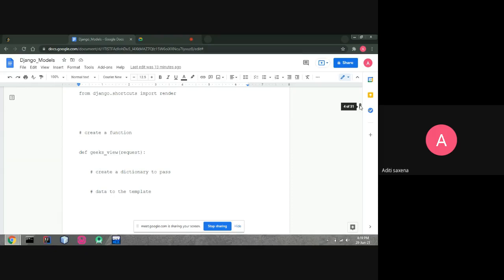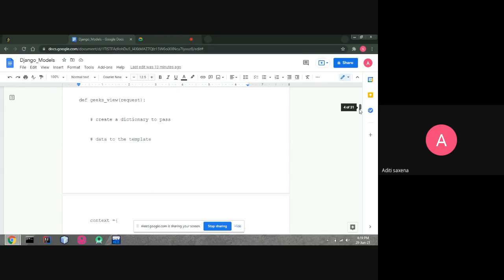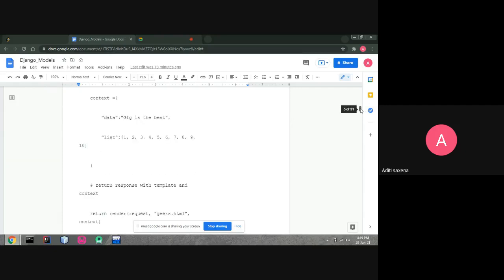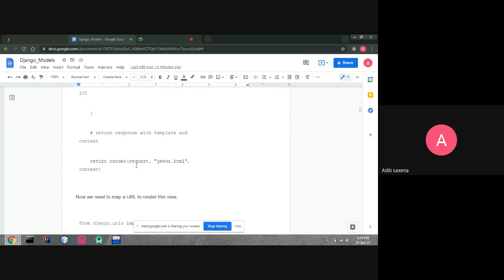It is a function-based view we are using here. We create a function with a context holding data and a list. So we have entered two details and we return it.